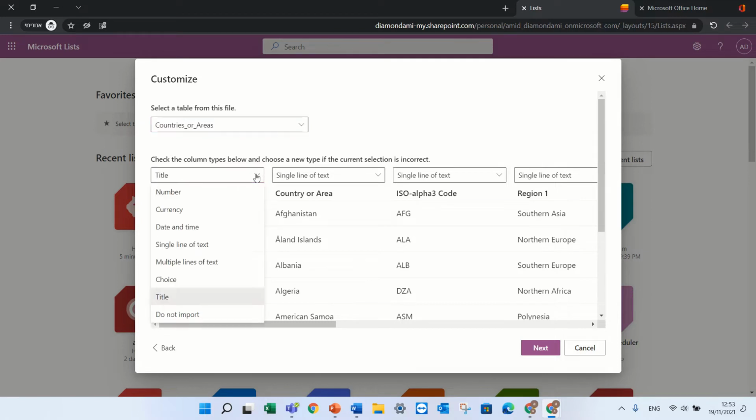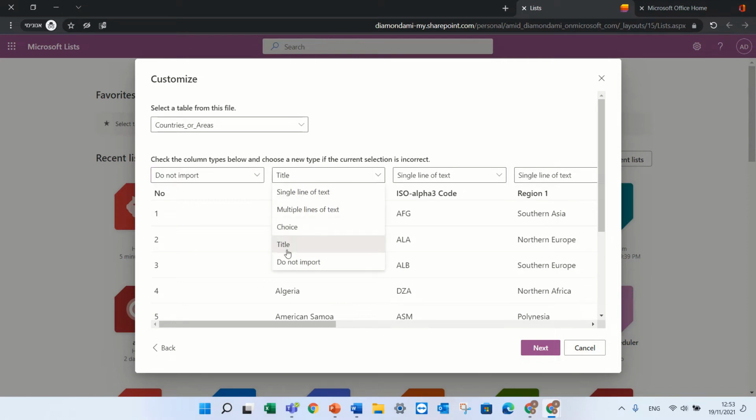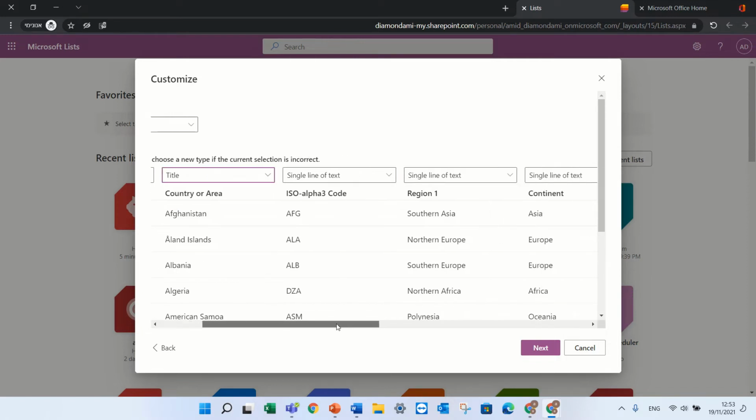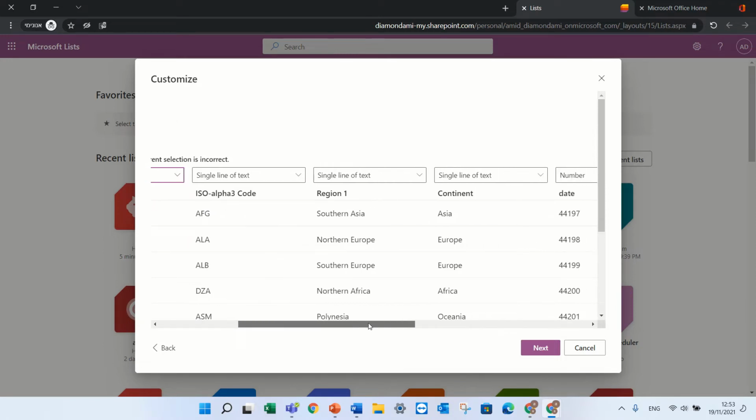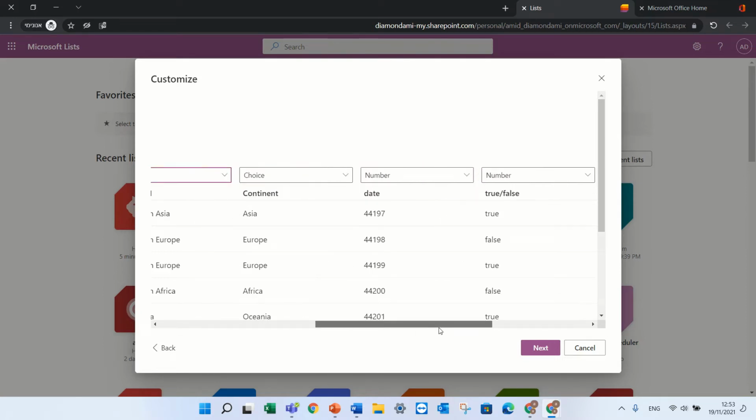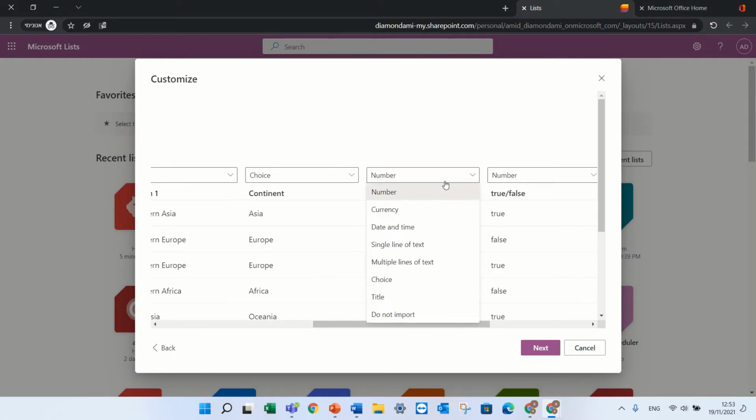The first column I don't want to import because it's just a number. The country I can choose as a title. The ISO I can choose as a single line. The continent I will choose as a choice, so as region 1. The date should be as a date. It's showing now not as a date, as a number, but if I change it to a date, you'll see